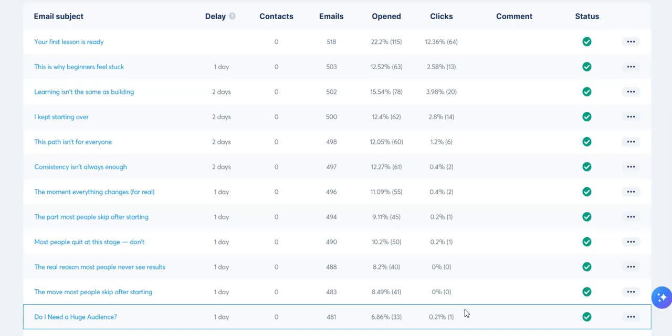What you want to do, and the so-called gurus in the space won't be teaching the importance of this, is optimizing your emails. You've got to tweak your emails, and I'm going to say this time and time again: testing and optimizing, it's all about testing and optimizing, and once you find that winner, you scale that.